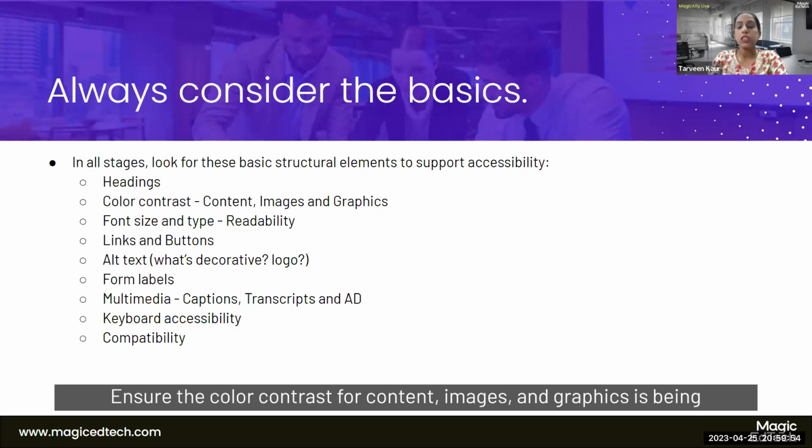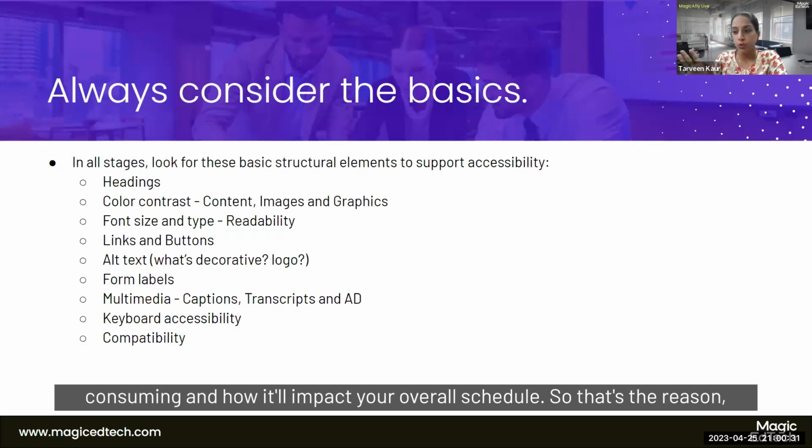Ensure the color contrast for content, images, and graphics is being validated, because that's the place where colors are being frozen. And that's the same UI and design that will be used across your product during the development phase. So consider that everything is done and you are performing the audit late in the cycle, doing the color contrast testing and sending it back again to the dev. And now we struggle: oh, this design and the color scheme that we have used needs to be fixed